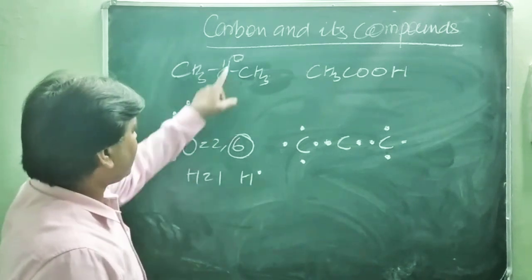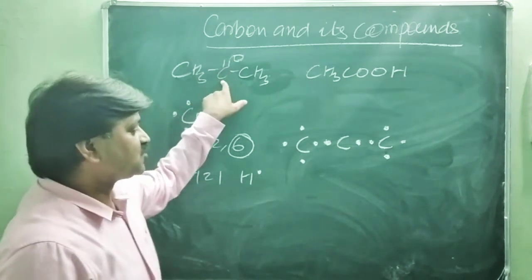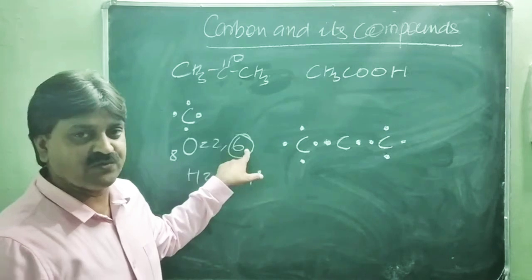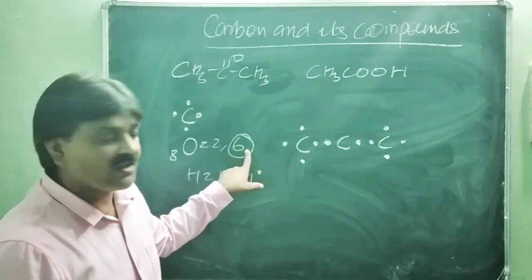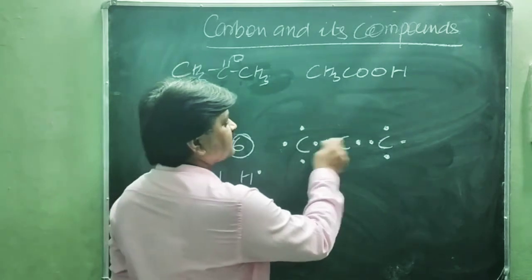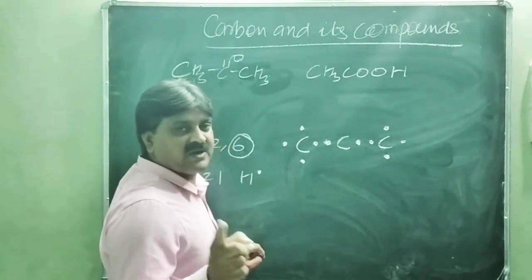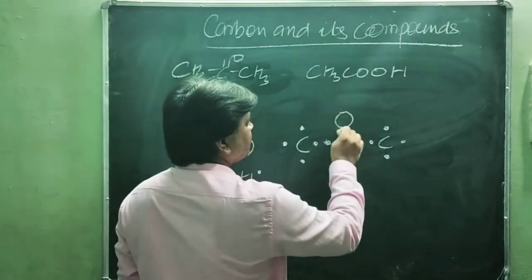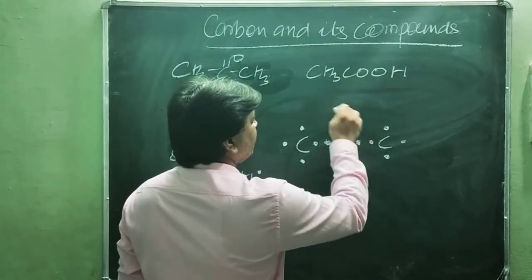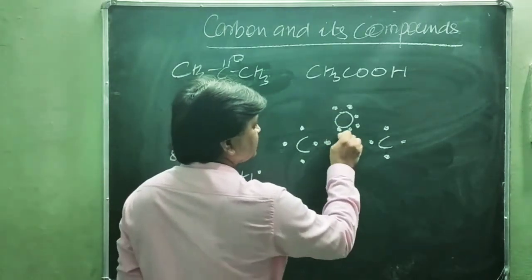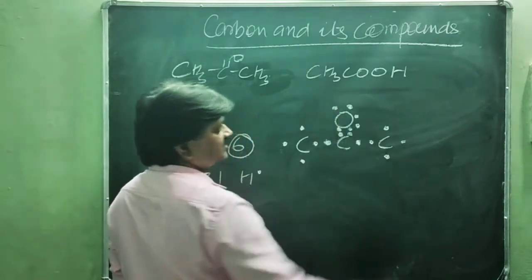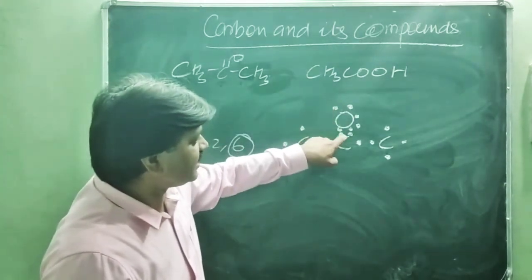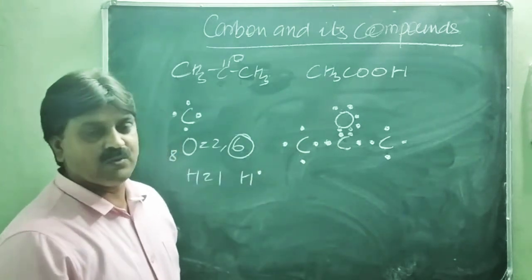Now the oxygen is bonded to the central carbon atom. You know that oxygen requires 2 electrons, having 6 electrons in its outermost shell. So whenever it gets 2 electrons, it becomes stable. And this carbon has 2 electrons already shared. Now the remaining 2 electrons are available, which are bonded with the 2 electrons of the oxygen atom. So oxygen: write the dot structure 2, 4 and 6. And the 2 electrons of this carbon are shared with this oxygen atom. Is it clear? Oxygen has 2, 4, 6, and 2 electrons of this carbon atom are shared with this oxygen atom covalently, by mutual sharing.